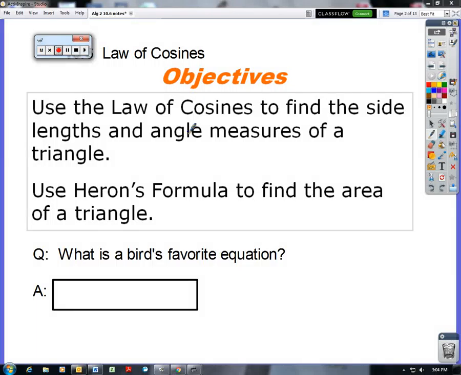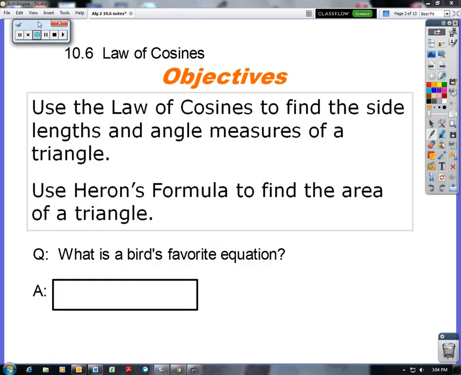Today we're going to look at 10.6, which is law of cosines. And law of cosines is helpful where law of sines fails us. So it's a very handy, solid formula. It always works on any triangle. And then we're also going to find the area of a triangle using a new formula, which leads us to